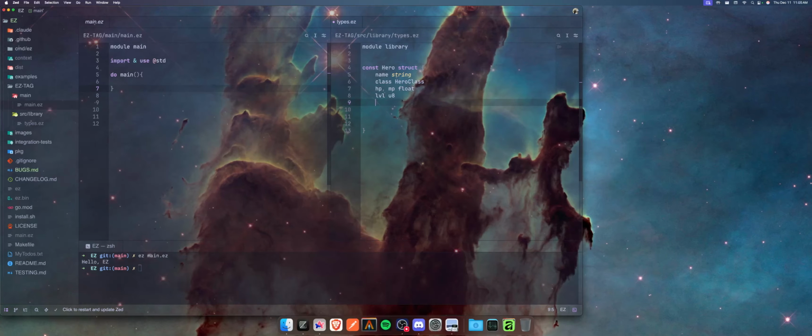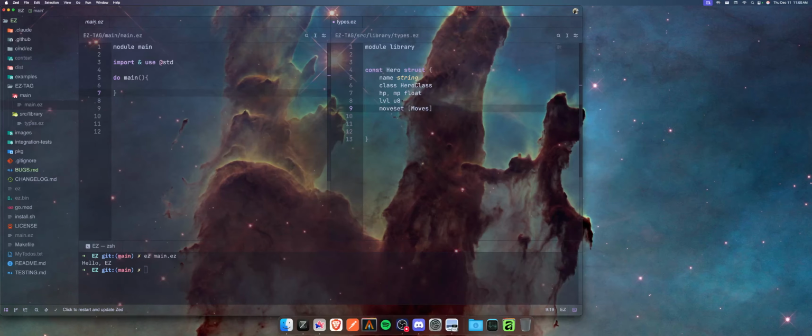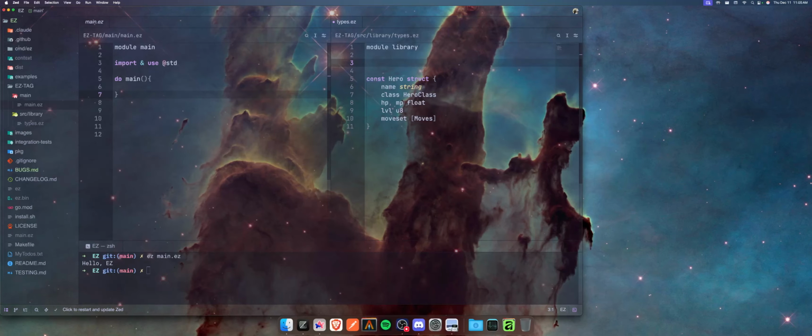And let's do a move set. So this will be their moves. This will probably be an array of moves or something like that. I'll zoom in a little bit too, just in case that's hard to see. Okay, an array of moves. Now, moves is going to be a struct too. So const move. Well, actually, let's do first